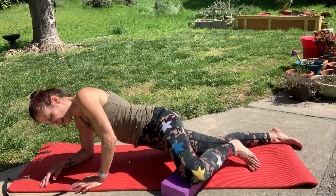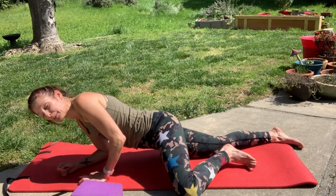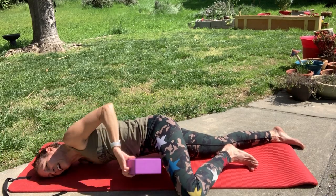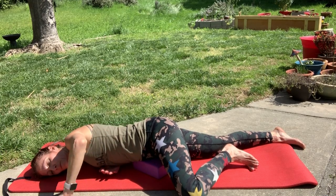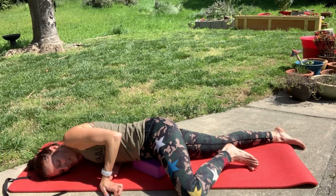At this point, I'm gonna ask you to lay down. And I don't even know if I'm gonna be able to do this because I just went for a hill run. Okay, I'm here. I definitely want something underneath my stomach, so I'm gonna put that block there. And we're gonna stay here for the next 2 minutes. And I know that seems like a really long time,